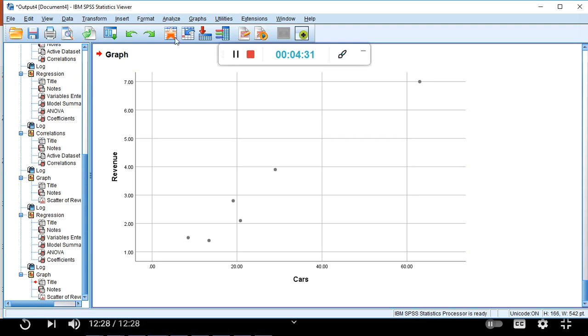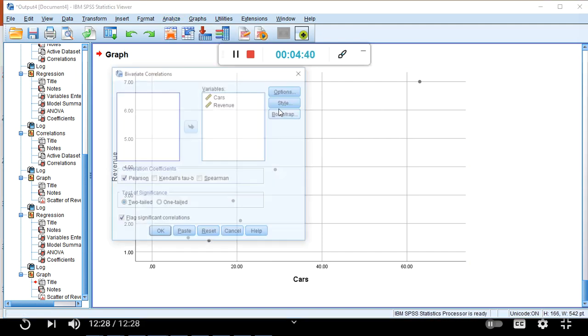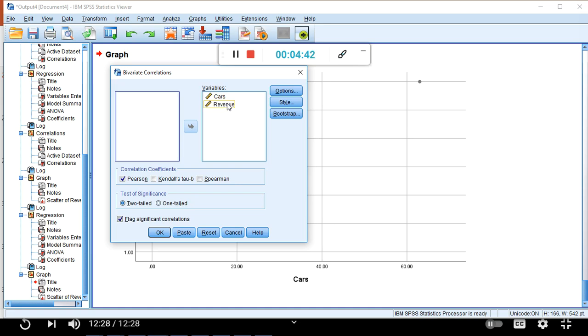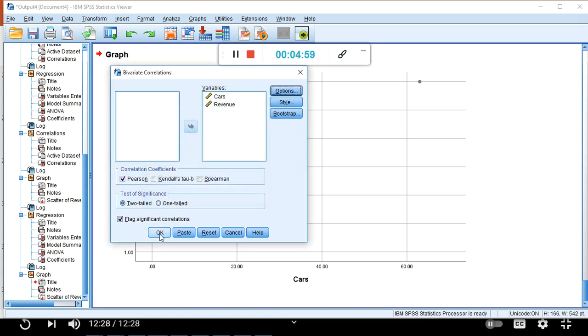Okay, so the next thing we want to do is measure our correlation coefficient and test its significance, which we will do under Analyze, Correlate, Bivariate. And again, there are only 2 variables. Interesting, I haven't run this before and it's already selected for me. I didn't know we did that. So we have our 2 variables, and we're going to do a Pearson correlation coefficient, a 2-tailed test of significance. That's really all we need for this. I don't need the covariances or anything. So hit go,